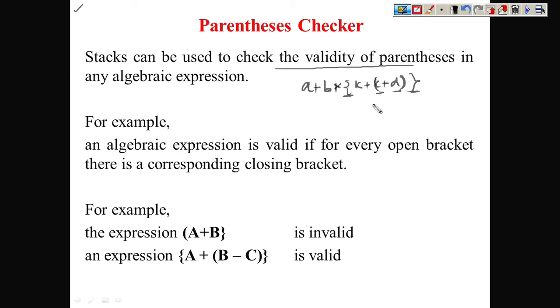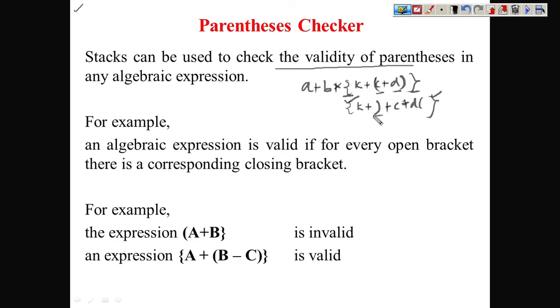What does it mean? If I write the same statement, something like this, k plus close plus c and then plus d, open bracket and close bracket. Now here also you can find this is an open parenthesis, closing parenthesis. We have a curly bracket here, which is an open curly bracket, and the closing curly brace.